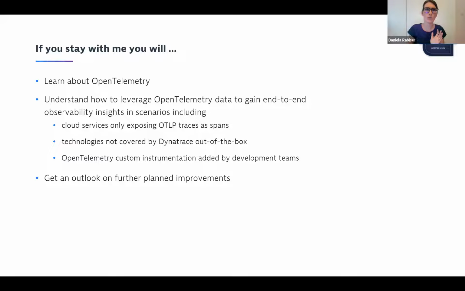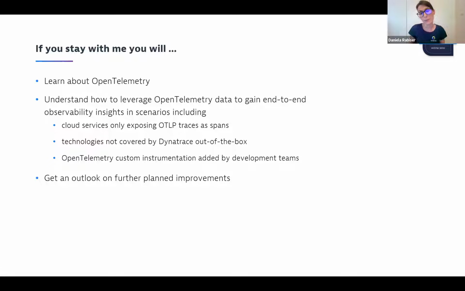If you have one of the following scenarios, if you have a third-party cloud service that is only exposing OTLP traces as spans, if you are having technologies in your mix that are not covered by Dynatrace out of the box, or if you have,